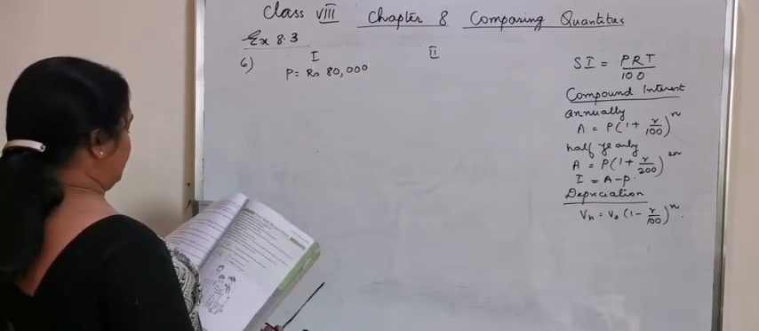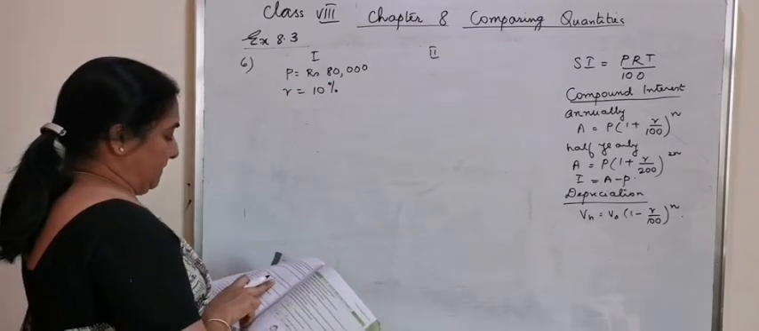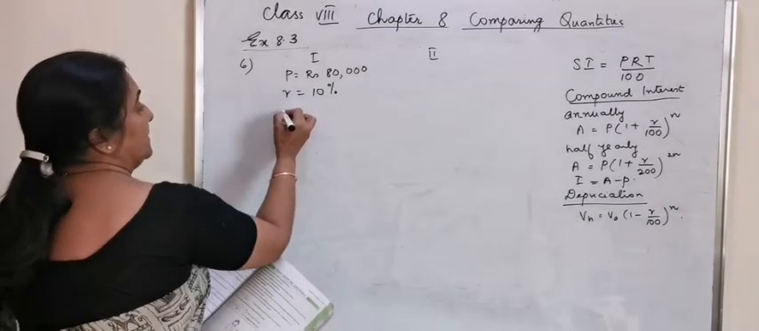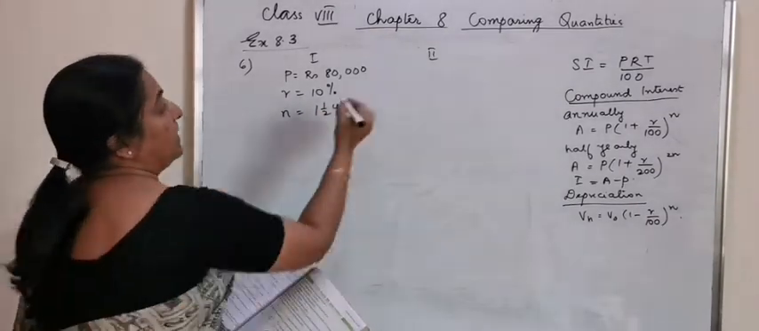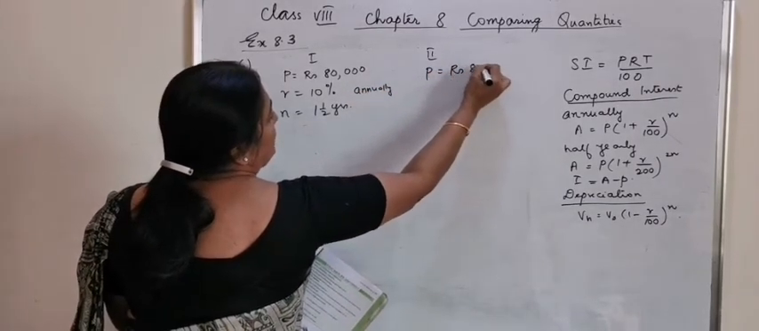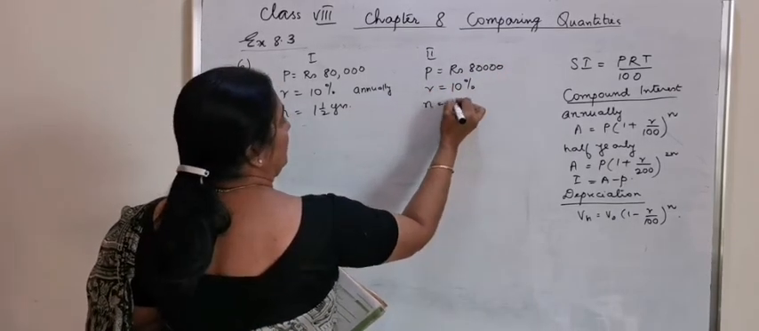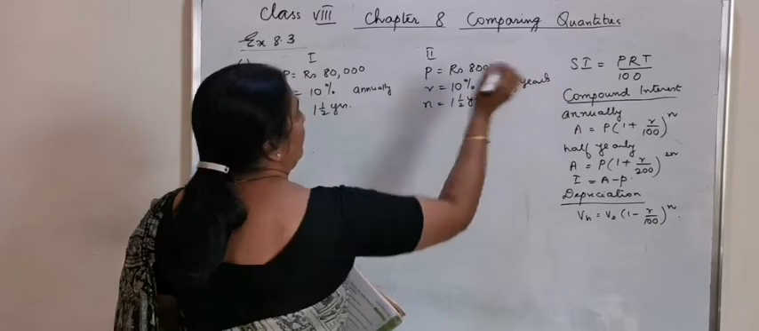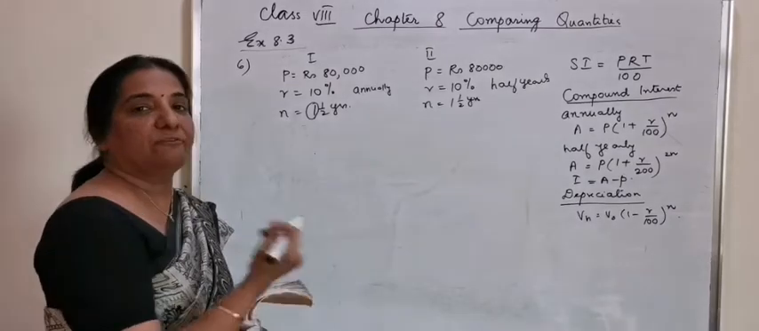If the rate of interest is 10%, rate is equal to 10%. Find the difference in amounts he will have to pay after 1.5 years. Number of years is equal to 1.5 years. If the interest is compounded annually, as well as in the second case, it is compounded half yearly. Annually, for the first year, we will apply the compound interest formula, and the remaining half year, we will apply